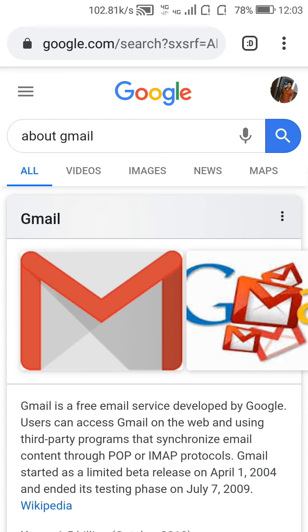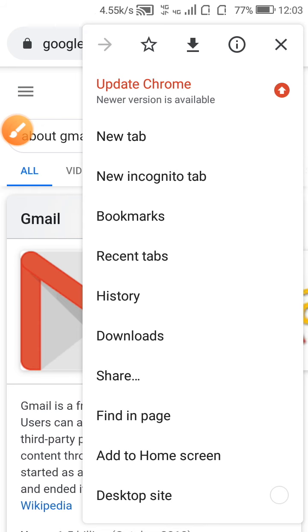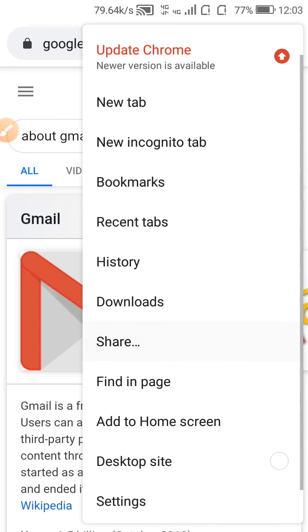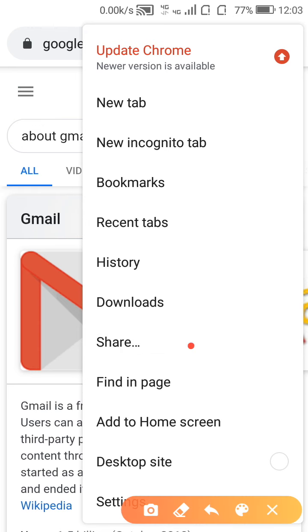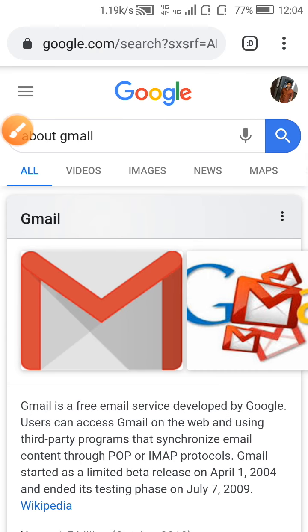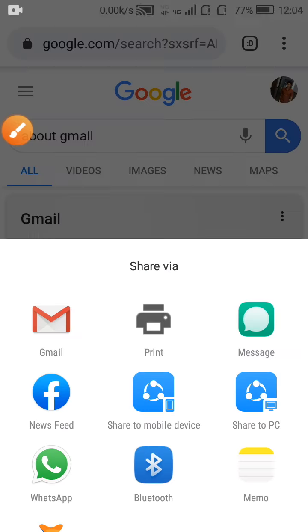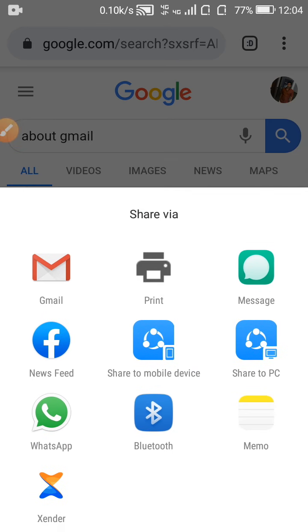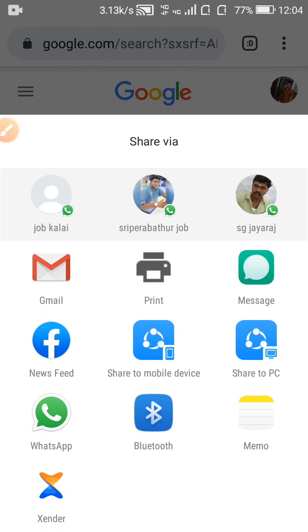And then click here, and here is the share option. Click share. You can share any image, video or this page about Gmail, Facebook or WhatsApp.